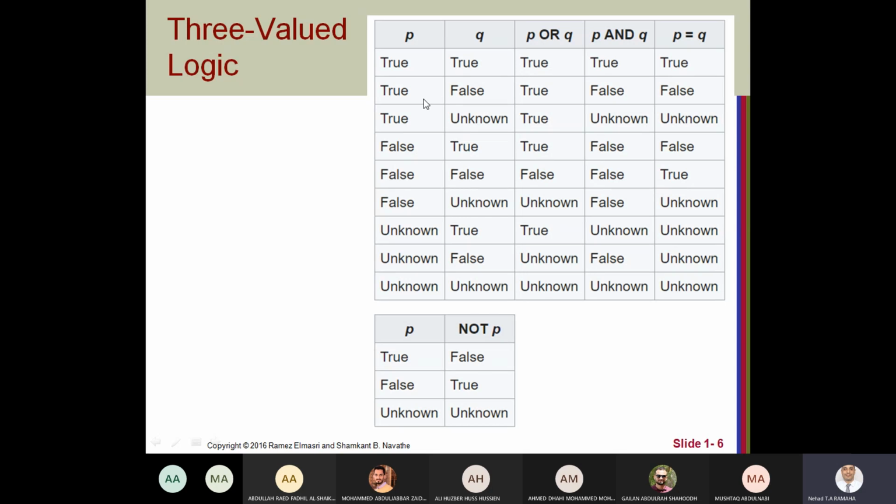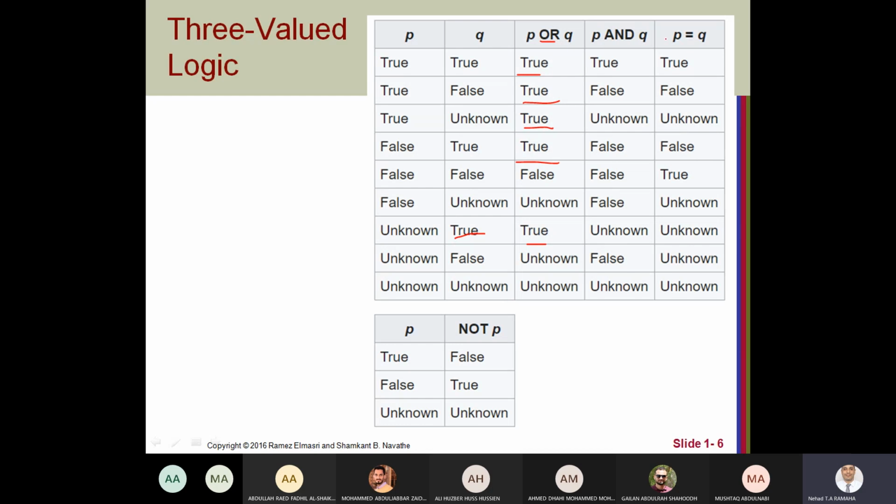So true or true is true, true or false is true, true or unknown is true. Unknown could be true or false, so it doesn't matter for the OR. If any side is true, the result will be true, even with unknown.